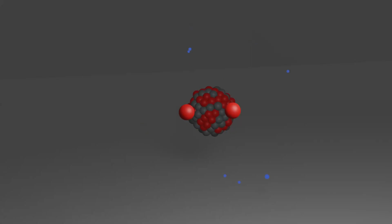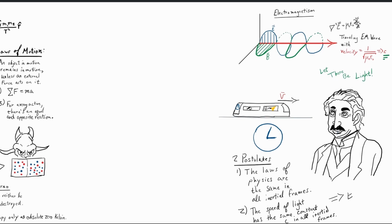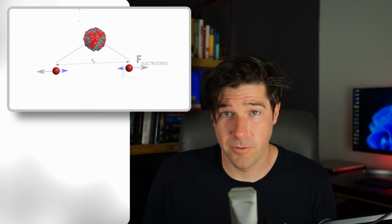And at the end of part 1, I left off with a question. What keeps all of the positively charged protons together in the tight confines of an atom's nucleus? Or at least stay together long enough to prevent something like... Turns out there's a third force at play here, which is much stronger than the repulsive electrostatic force, at least